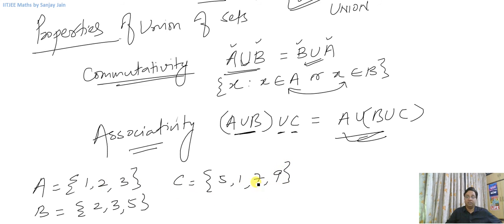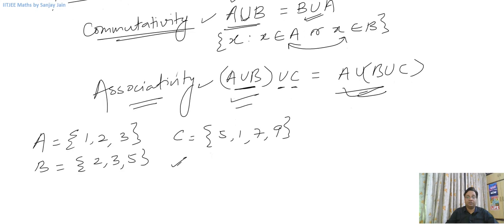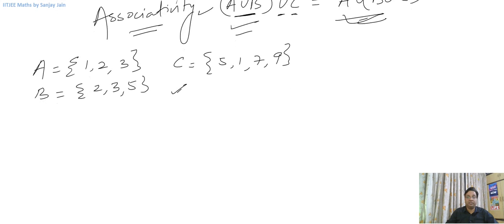Now you can apply the property of commutativity and the property of associativity and verify these results yourself. I leave this as an exercise for you guys. So 2 properties, commutativity and associativity, and then we take union with phi, union with the universal set,